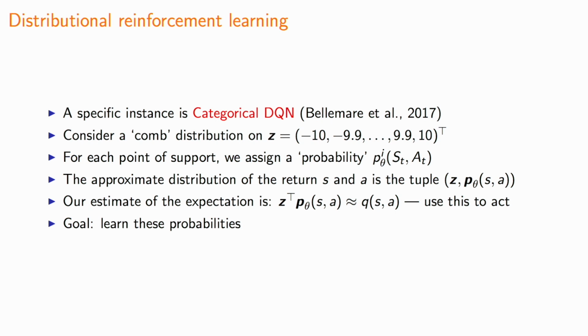And then we can, of course, use that distribution to get, for instance, your mean action value. And in this case, this is simply doing the dot product between your support and this probability vector that you get. And then this thing should be approximately equal to your action value. That will be one goal. And then you can use that thing to act, for instance. But the goal now is to learn these probabilities rather than just this reduction to the mean, which should mean we're capturing more structure.